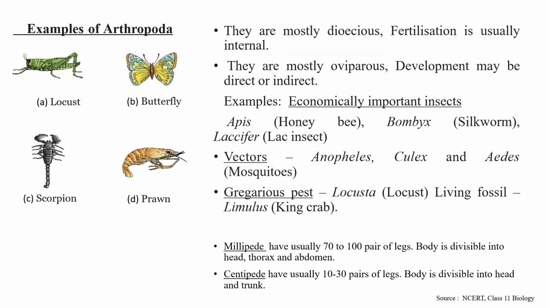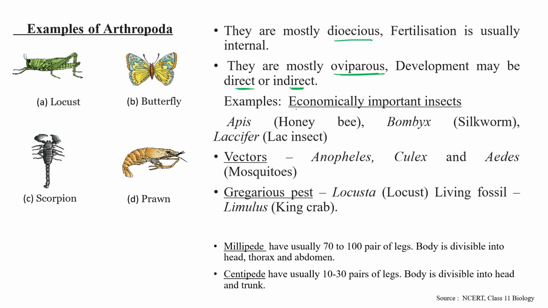There are certain examples, but before discussing the examples, I will just read out these two points also. They are mostly dioecious. Fertilization is usually internal. They are mostly oviparous, and development may be direct or indirect. Clear? These terms we have discussed in the first lecture, so I am not repeating them. Now let's discuss the examples of